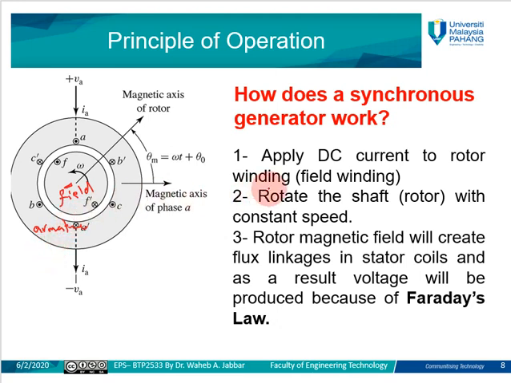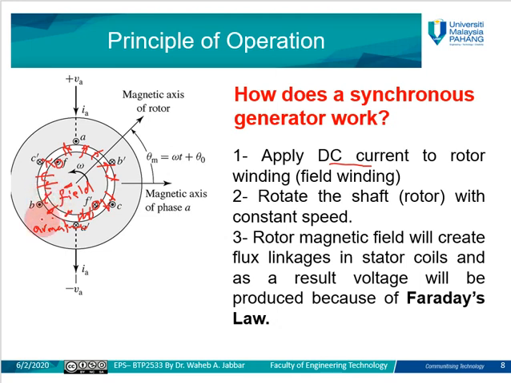Usually a DC source or DC current will be applied on the winding, or the conductor, of the rotor. When the DC power goes through the conductor of the rotor, it will generate magnetic flux. When this magnetic flux is rotated by a prime mover in the case of a synchronous generator, it generates a rotating magnetic flux. This rotating magnetic flux will cut from the rotor to the stator through the air gap. So when this magnetic flux reaches the stator windings, which are the armature windings,